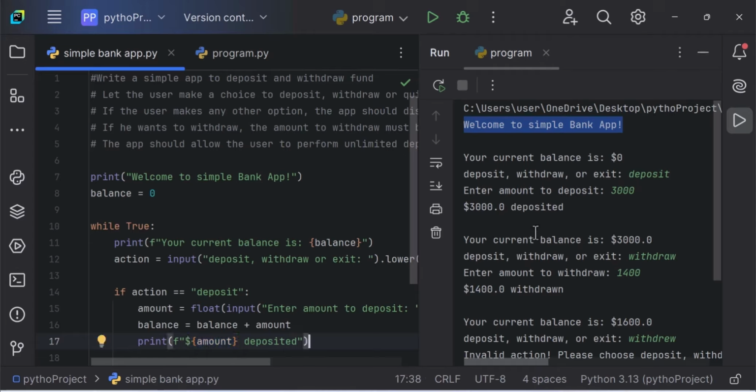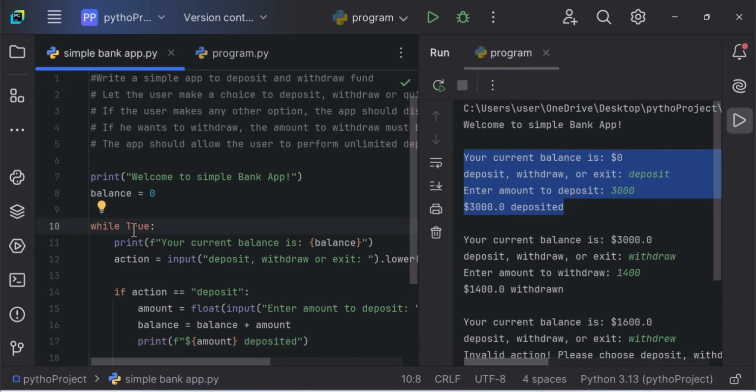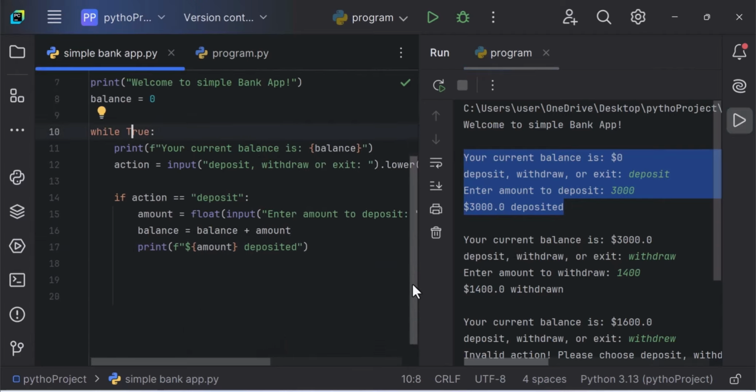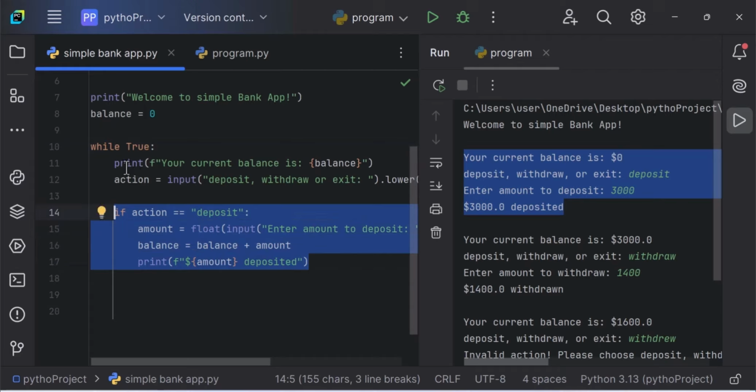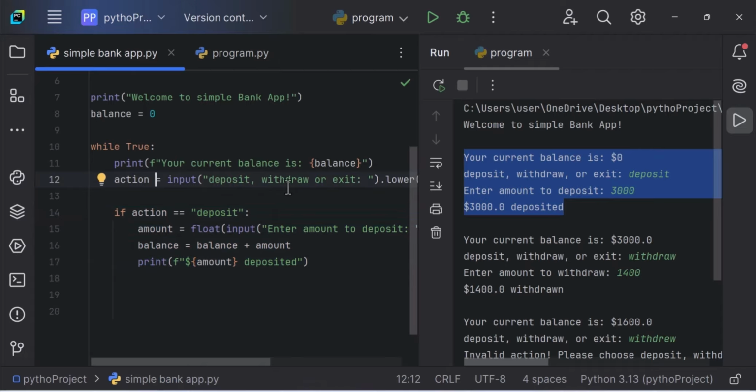So this is done. Don't forget, we can now proceed to the second loop because we are using a while true. So it will proceed. What if action? So now we are done with the deposit. So it will go back to the loop. Since we are done with this, it will print the current balance again. It will ask the user, deposit, withdraw, or exit. Because the loop is while true, it will continue to ask after execution to come back